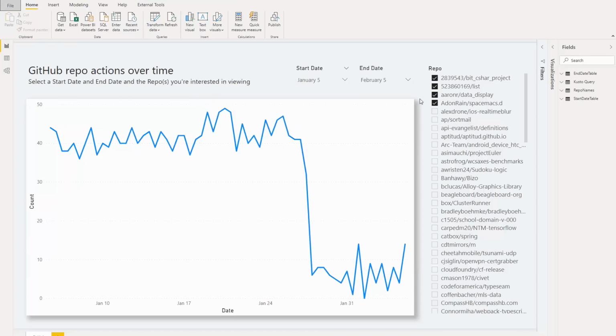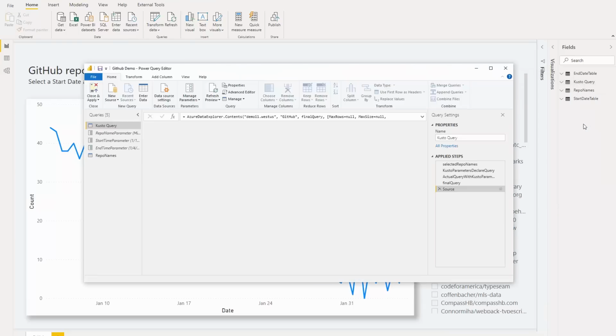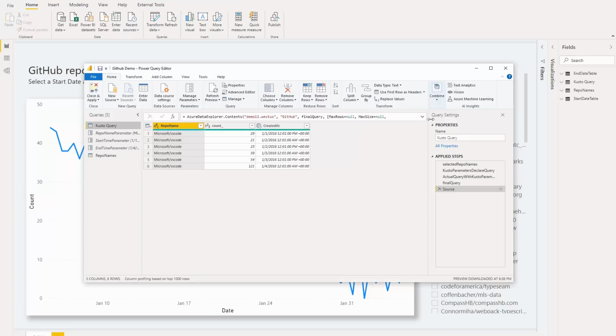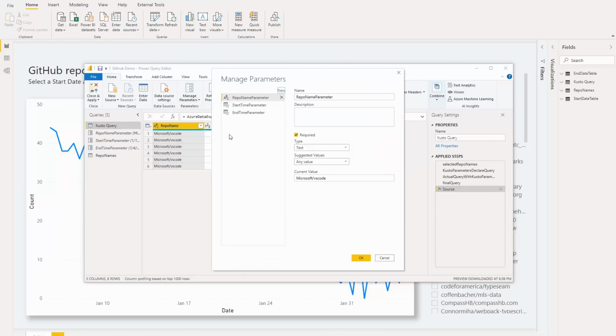So once you have this feature switch enabled, let's see the next step of setting up the parameter. So I'm going to go over to my Kusto query and hit Edit Query. Now let's take a look at the parameters that I've set up here. So I have 3 different parameters, so I'm going to go to Manage Parameters. And you'll see here that we have 3 that are different types, so 2 of them are both date time, and then 1 of them is text.